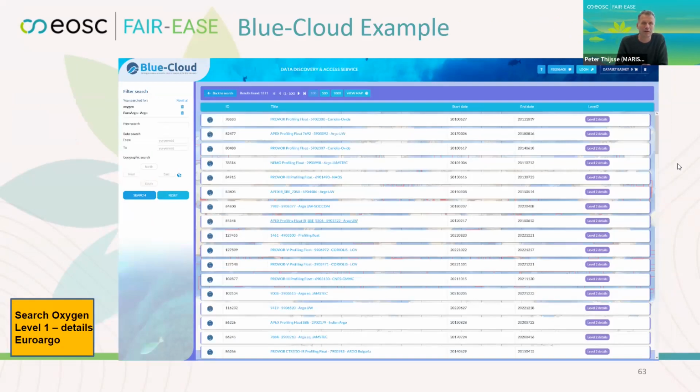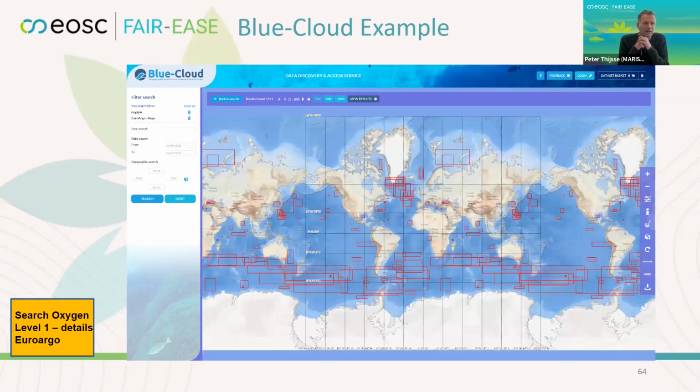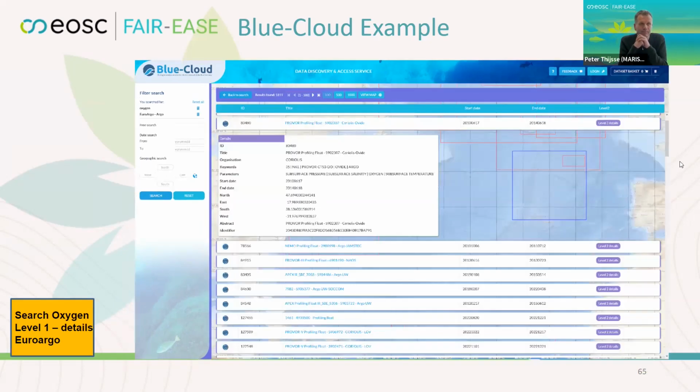Here you can see how, in the Blue Cloud, you can search on certain, let's say, generic elements in the metadata to first find a certain collection, in this case, oxygen details, and you go in and you find oxygen, in this case, from EuroArgo. You can browse, next one. And then you can see where the data is located, so you can drill down a little bit more to a certain area. Next slide, please. You can view the metadata of each of these collections. Next slide, please.